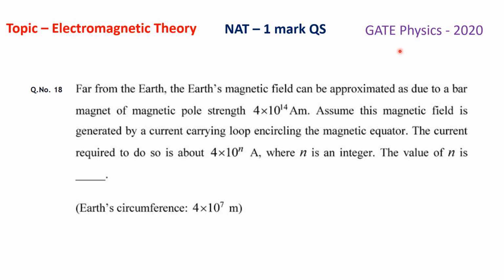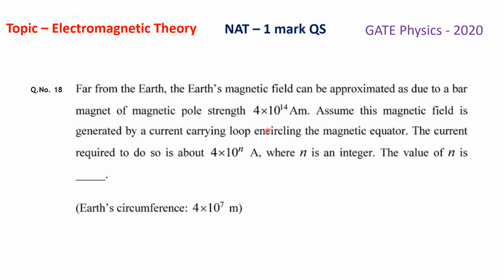This question was asked in the GATE Physics paper 2020. This is a numerical answer type question having 1 mark. The topic of the question is electromagnetic theory. The question is, the Earth's magnetic field can be approximated as due to a bar magnet of magnetic